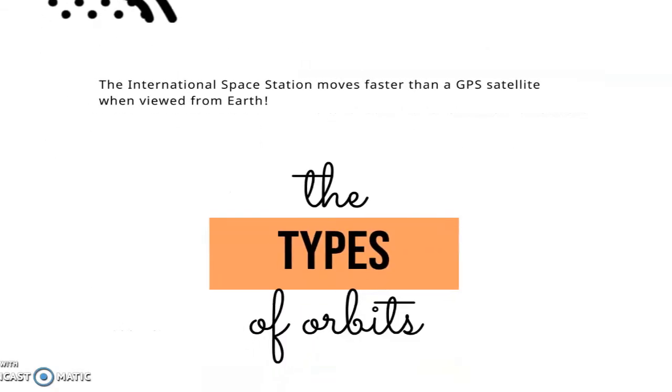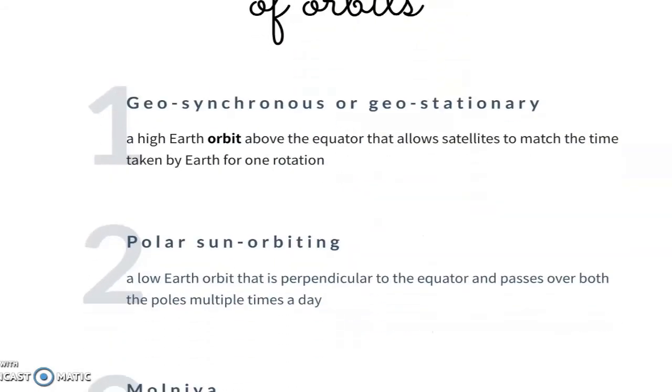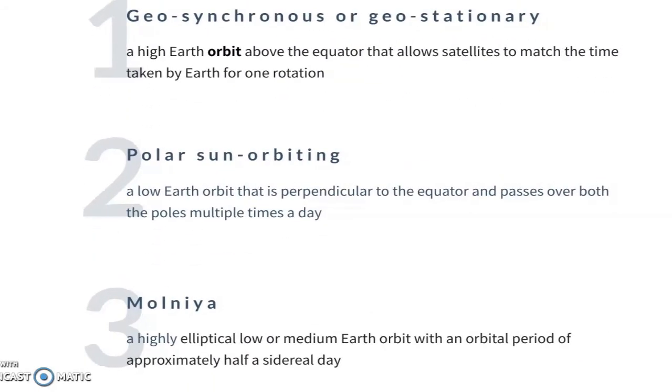Okay, now let's move further into the different types of orbits. The very first type is the geosynchronous or geostationary orbit. This is a high Earth orbit, which means it is very far off from the surface of the Earth. This orbit is generally directly above the equatorial line, and the time taken by the satellite in this orbit is exactly 1 day. This means that the satellite comes back to the same position on the Earth. That means the satellite is directly on top of one fixed position on the Earth at every minute.